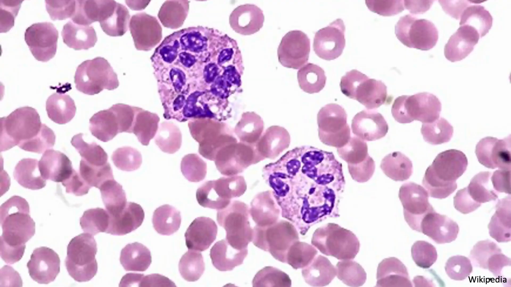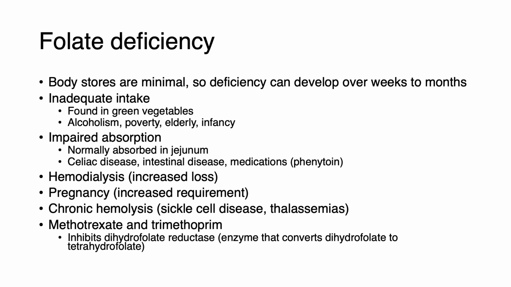So this is your classic smear where you see these neutrophils that are hypersegmented and then big red cells. Folic acid deficiency is usually going to be due to inadequate intake. So your classic board question will be a patient with alcohol use disorder who's not eating anything. Can also be from impaired absorption, hemodialysis, pregnancy, chronic hemolysis, and medications like methotrexate and trimethoprim, which inhibit dihydrofolate reductase,